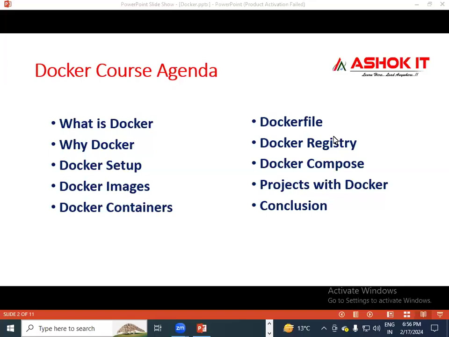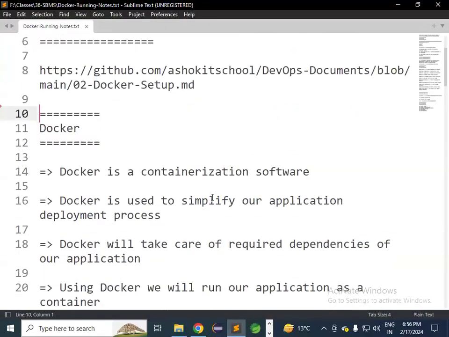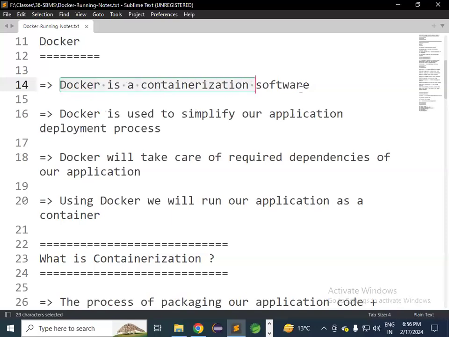So in the last session, we discussed what is Docker, why we need to go for Docker, how to set up Docker software in the Linux machine, what is Docker image, what is Docker container, and what is Docker architecture. So can you tell me what is Docker? What is Docker, guys? Docker is a containerization software which is used to simplify our application deployment process in multiple